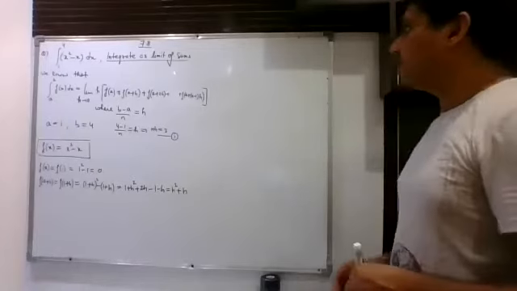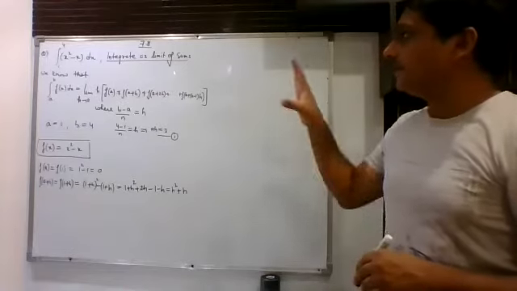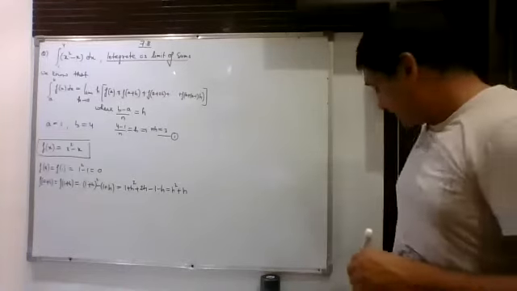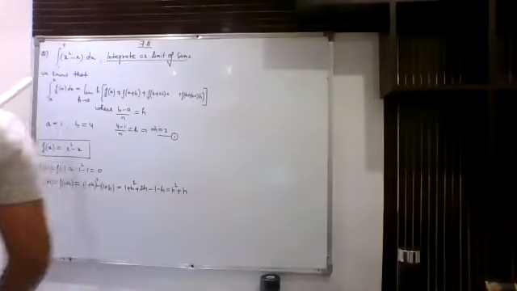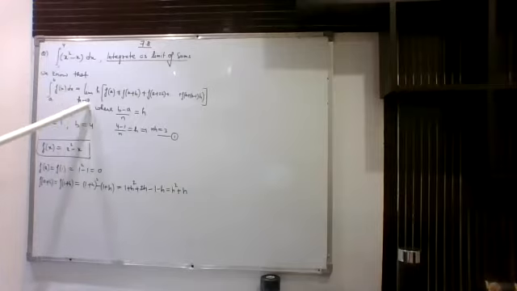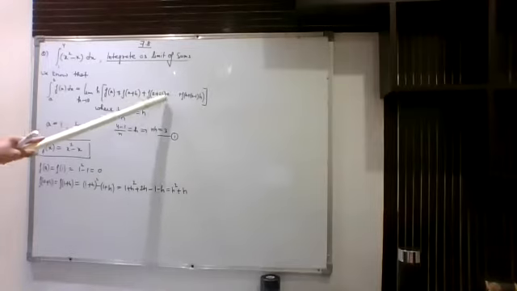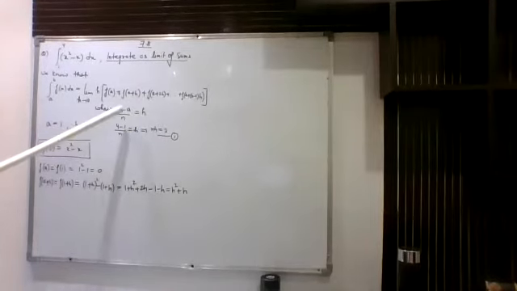Okay, so now we are going to discuss this question: integrate 1 to 4 of x square minus 1 dx as limit of sums. So here the first step will be to write down the formula. We know that integral a to b f(x) dx can be written as limit of h tending to 0, h outside, f(a+h) plus f(a+2h) dot dot dot till f(a+(n-1)h),